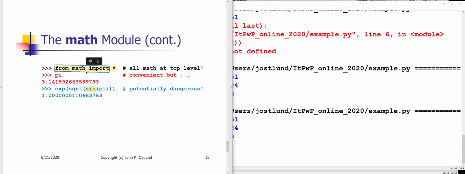Okay, so that's modules. Math is one of the most commonly used modules. I simply recommend not doing this thing, from math import star. Just stay away from that so that you don't accidentally destroy pre-existing things that you have defined yourself, called pi or sine or square root or what have you. Okie doke, so that gets us to the conclusion of 3.2,